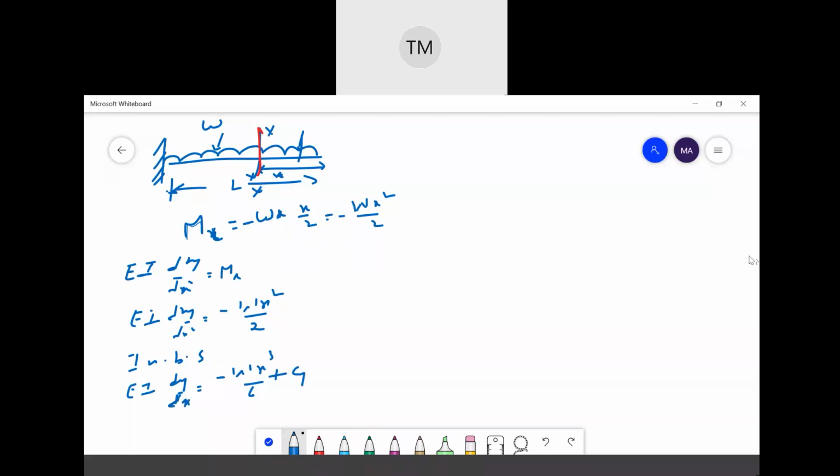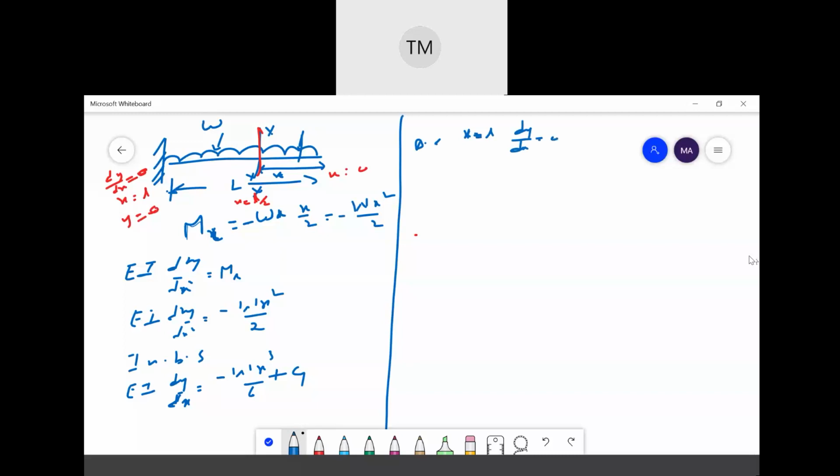Then I am substituting the boundary conditions. Same boundary conditions you have, because it is a fixed support. Here the x value is 0, at the center x value is L by 2, and at the end x value is L. What are the boundary conditions at the fixed support? At x is equal to L, dy by dx is equal to 0, and at x is equal to L, y is equal to 0. I am substituting this boundary condition, dy by dx is equal to 0 at x is equal to L.